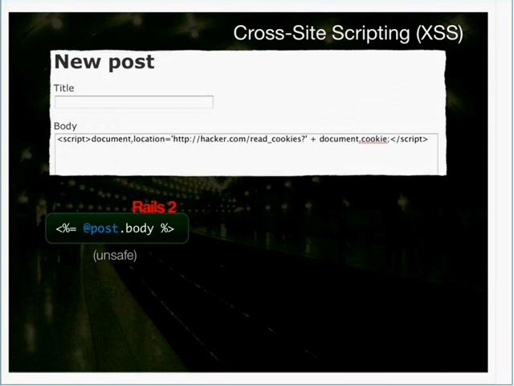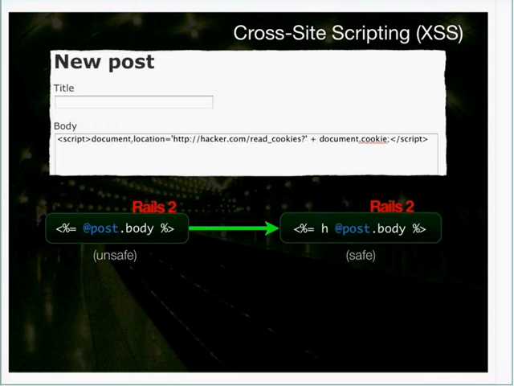So if I were to put that in my body, my web page, it wouldn't have been safe. With Rails 2, what we did is we always had to remember to put in the h tag so that we could clean and make our strings safe to use. So we clean that out so nobody could do cross-site scripting in our sites. And there were so many big sites that failed to do this. I mean, even some bigger ones that I'm not going to mention forgot some h tags somewhere in one file,